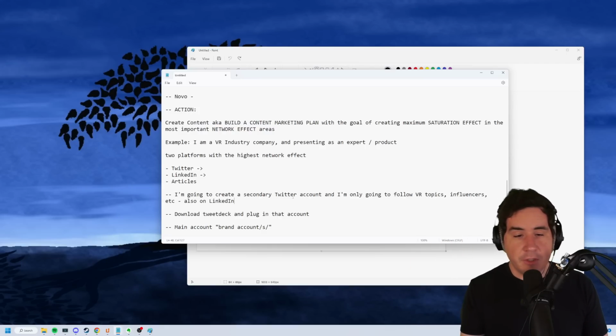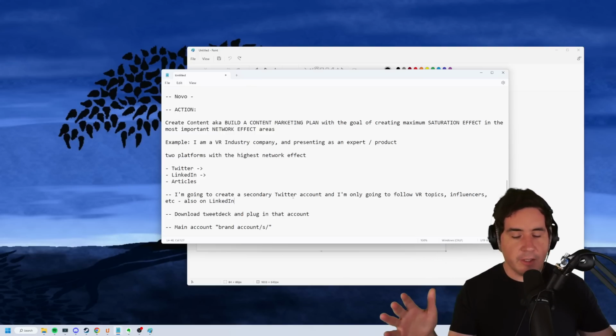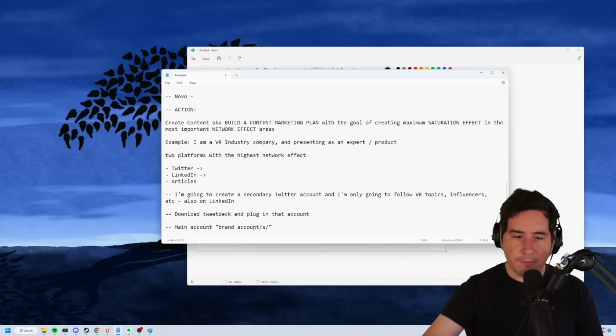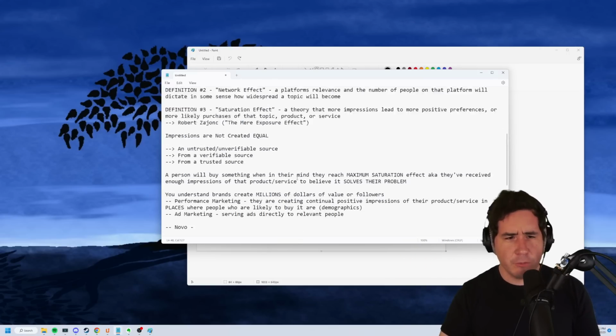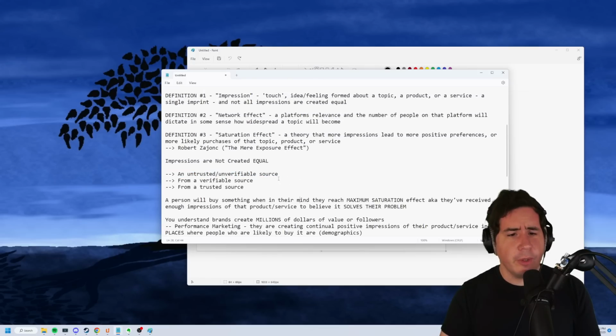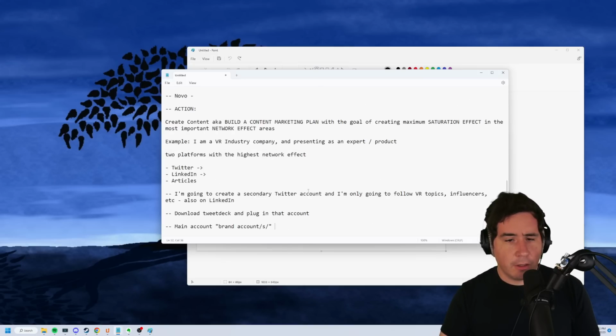Now, sometimes you'll need money to do this. Oftentimes you don't. Plenty of people have built hundreds of thousands of followers off of just doing this constantly. It's called hand-to-hand combat. You go in and you just post threads, people follow you, and you move from an unverifiable source to a verified source to a trusted source through the process of posting valuable content on these topics, in places where these people live.